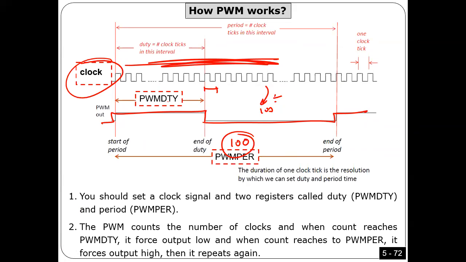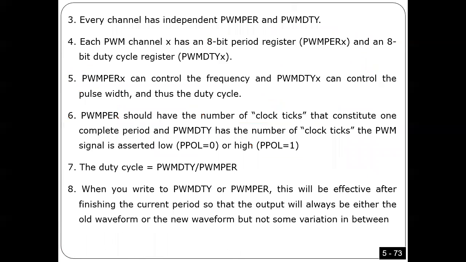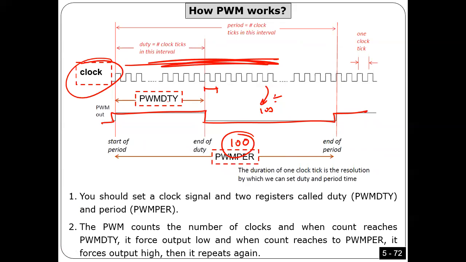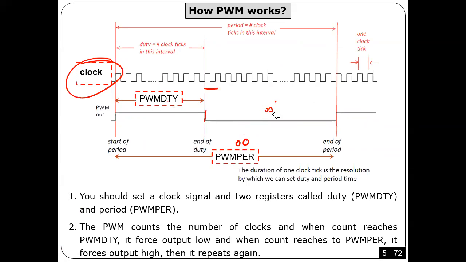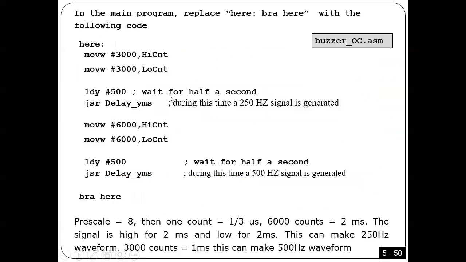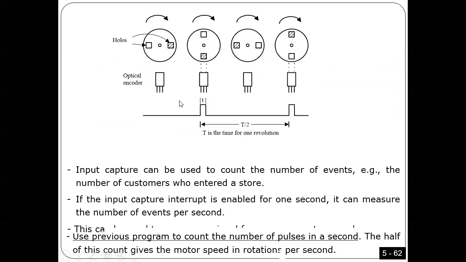Okay, so now what I'm going to explain is, number one, how can you get this clock, and can you program this clock? Similar to what I did in the timer system. Don't be confused. The timer system is completely different from pulse width modulation. Nothing is related, they are completely different things. Maybe I made a mistake in the name of the chapter. I call it timer system, but it has